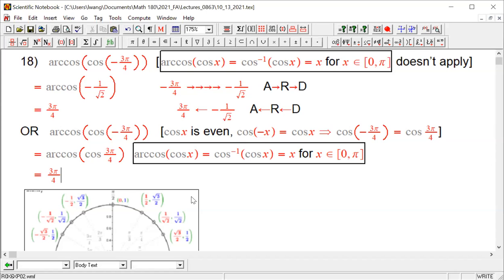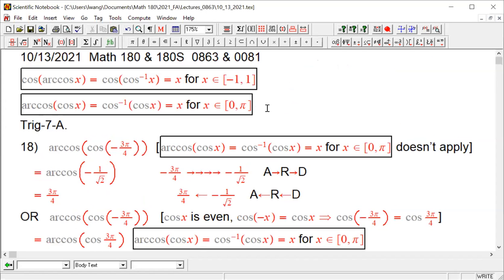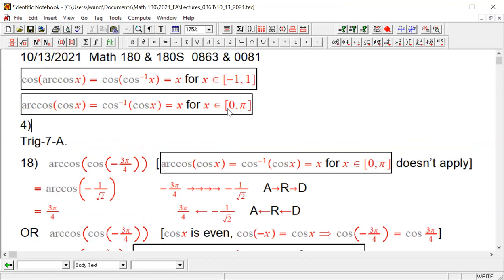But anyway, since we're here, let's try a few other examples. For example, number 4. If you guys have any questions in mind, please just bring them forward, okay? So we have arccosine of